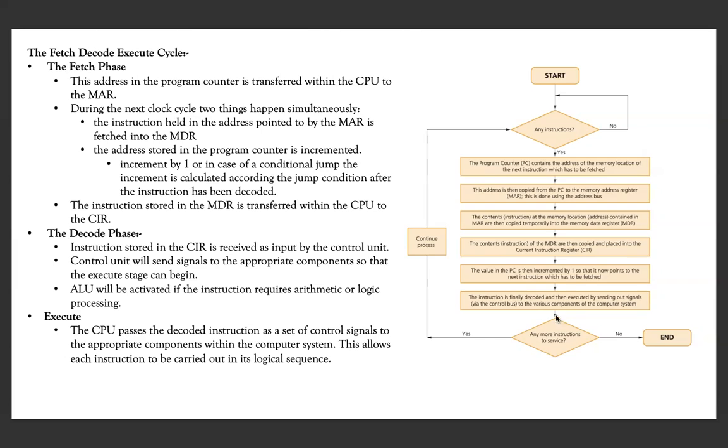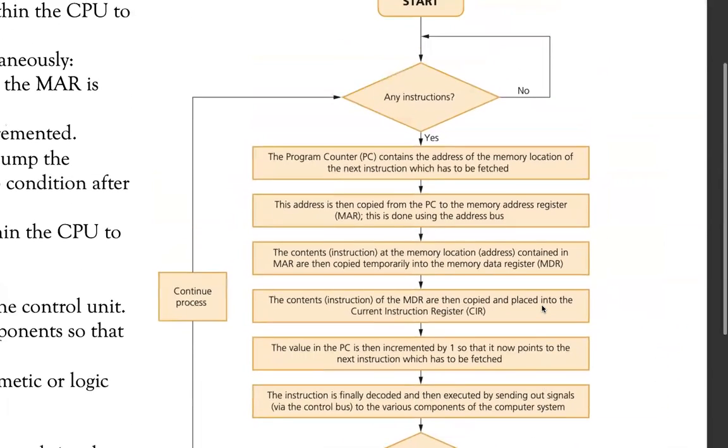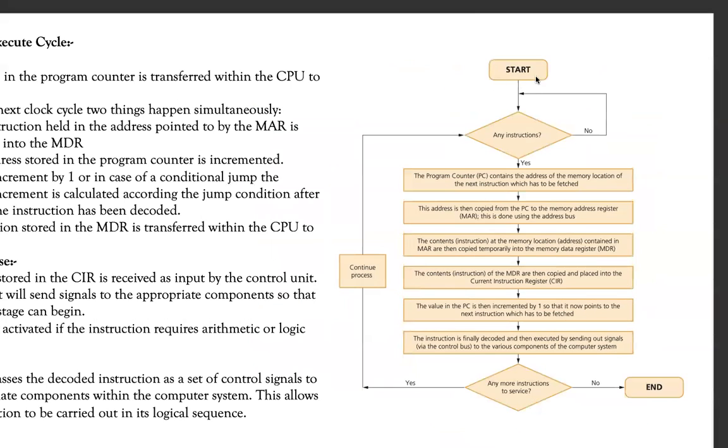Now let's look at this flow chart. As you know, this symbol means start, this means stop. This is a decision box. You're asking a question, the outcome of which will be either yes or no. These are processes. They emphasize that something is happening. This is also a process. So I start here. Are there any instructions I want to execute?